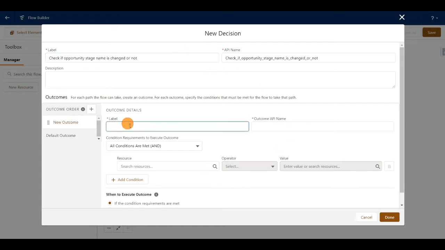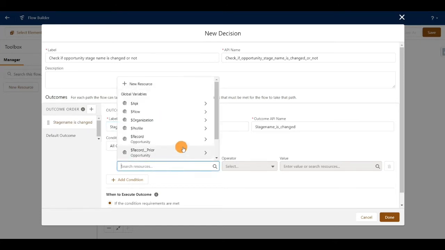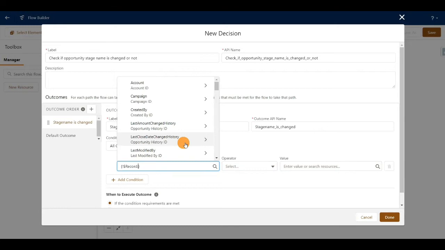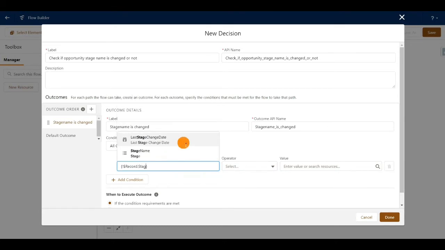In the first outcome, I'll just change this to changed. Stage name is changed. And the condition here is $Record.StageName is changed is true.